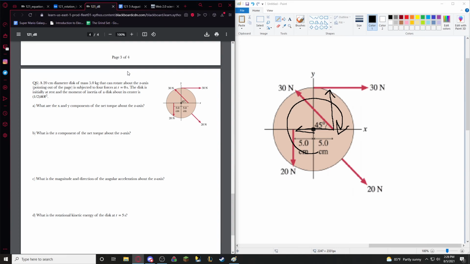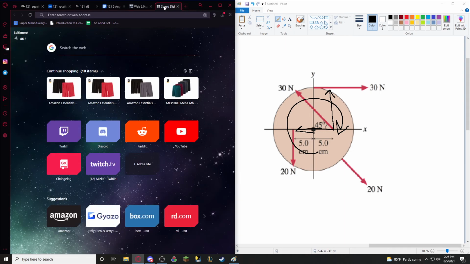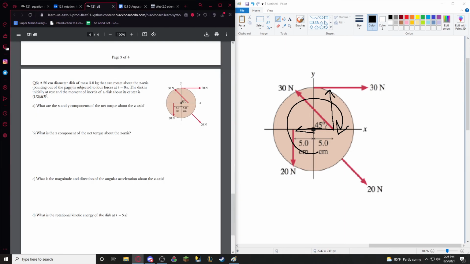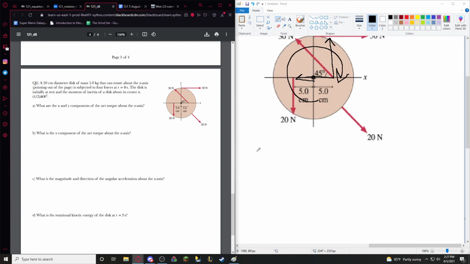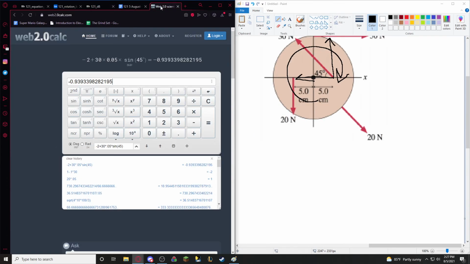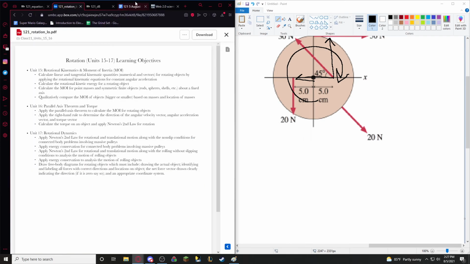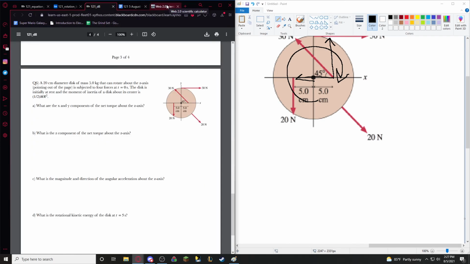So how do we go from this torque to the magnitude and direction of the angular acceleration around the disk? Well, we can find the inertia from what's given to us. And torque is equal to the inertia times the angular acceleration. So we just divide the torque that we found. Exactly. We just divide our torque by the moment of inertia, which is half mr squared,